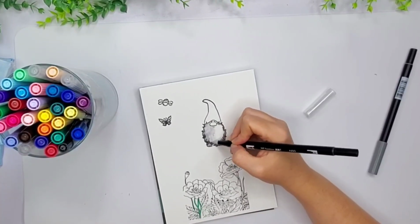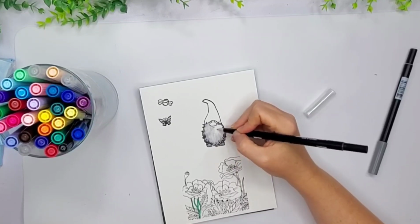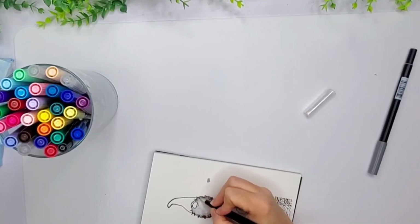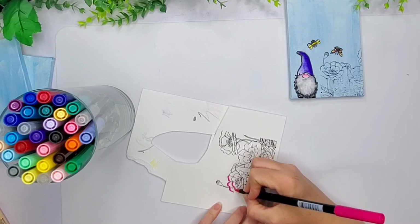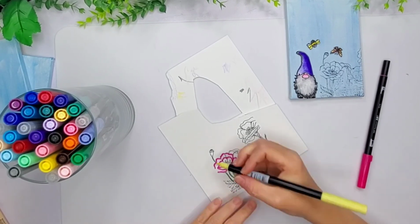And then you just want to pull some out of the beard. And then after I pulled it out of the beard, I did go back around where the dark parts were just to make those dark again. This is a good way to blend. Okay, so now that I'm done with the gnome and the bee and the butterfly, I'm going to move right